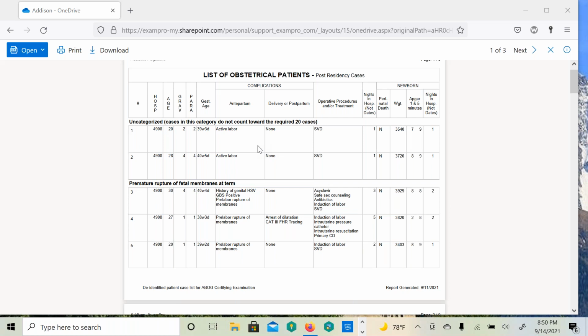If it were mentum anterior, how would you counsel the patient, and what would your plan for management be? If it's mentum anterior, given that it's going to turn into a brow presentation, I will go ahead and counsel her for a cesarean section. Sounds good. Yeah, there's a lower possibility of vaginal delivery there. If it's a brow presentation and you decide to continue with labor, what specific things would you be watching for during labor that would lead you to decide to abort your plan and just go to a C-section? In other words, what are the potential things that can happen during managing a labor with a brow presentation that would obviate a vaginal delivery?